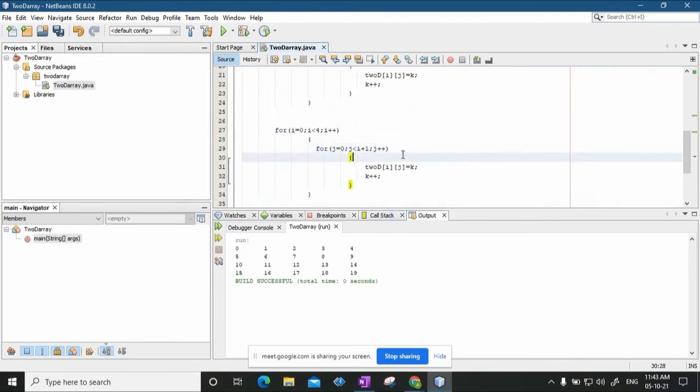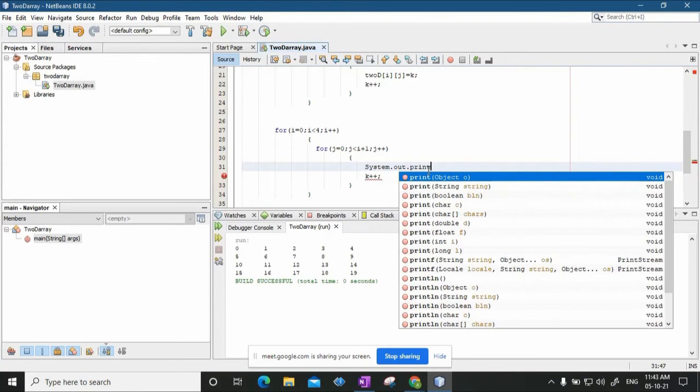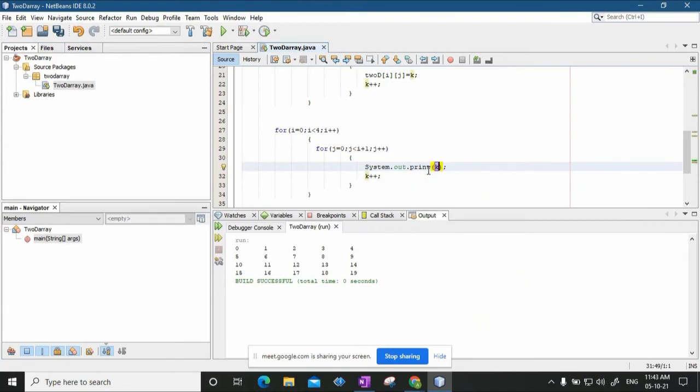The only difference is I will be printing here System.out.print 2d of i comma j, and then I will print a horizontal tab.